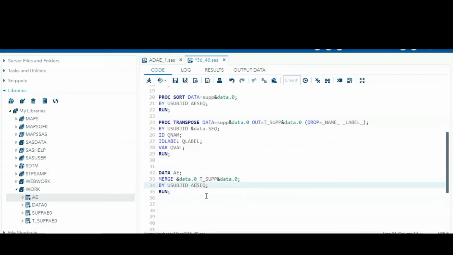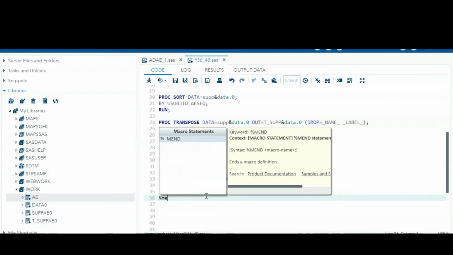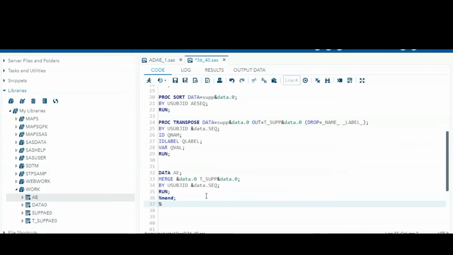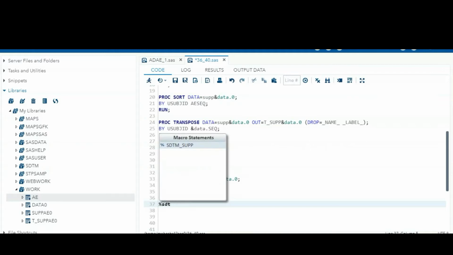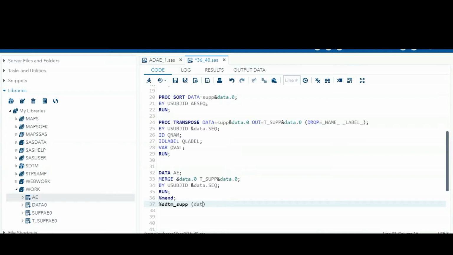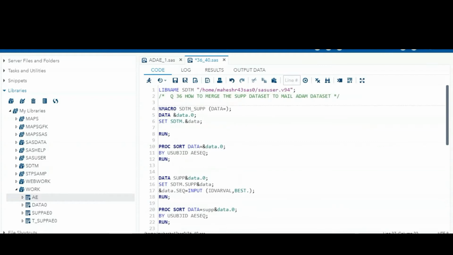Here also ampersand data dot sequence. Then percentage mend, and calling the macro. What macro are we calling? Percentage SDTM underscore sub. Which dataset are we calling? Data equal to AE. Let me check once again: search the supplementary, data equal to, so data and data.